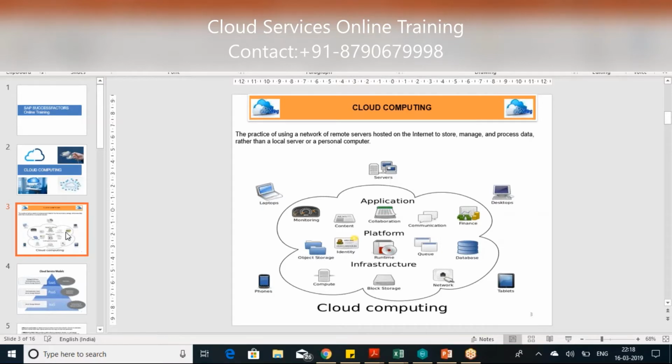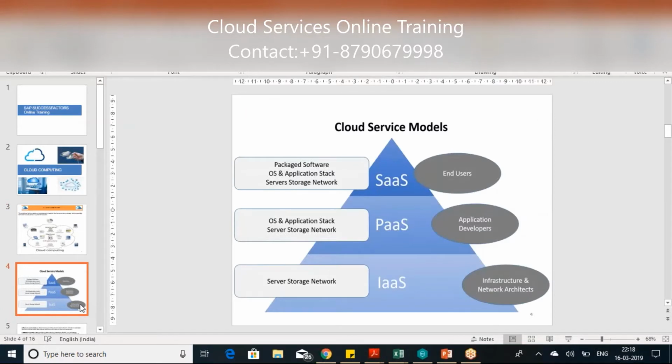The first model is infrastructure as a service, where the cloud provider gives only the infrastructure. That means only the servers are given. When you subscribe, you get IaaS, which is known as infrastructure as a service. That means we are subscribing only for the infrastructure. Once you have subscribed for your infrastructure, you need to have your platform, and on top of it you need to have your application built. That's called infrastructure as a service.